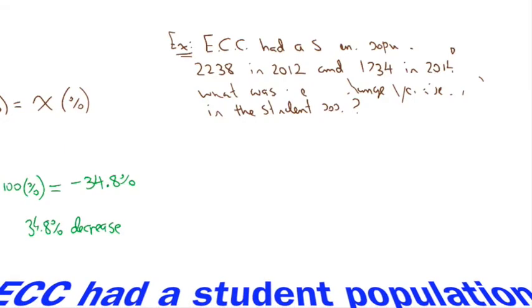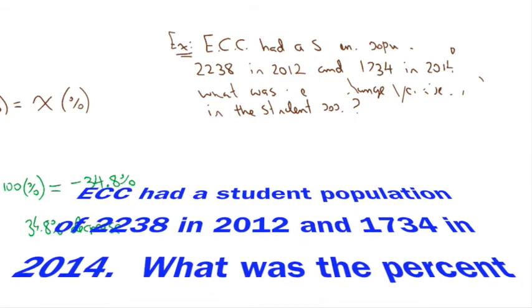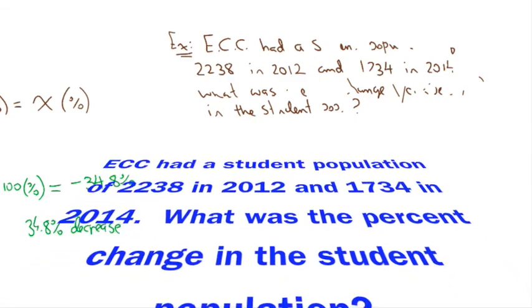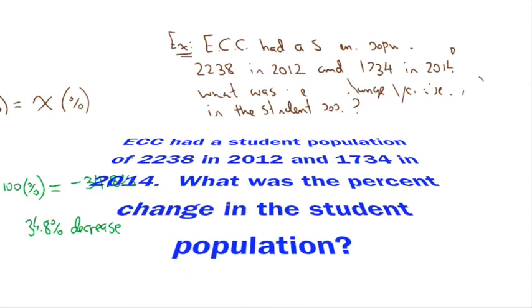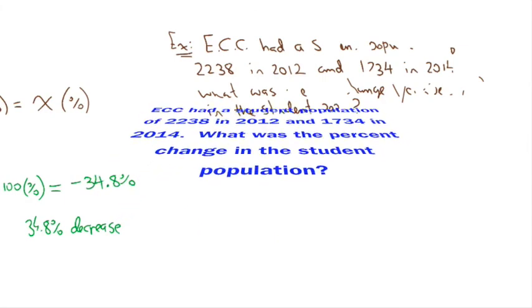ECC had a student population of 2238 in 2012 and 1734 in 2014. What was the percent change, relative change, in the student population? So when we do this by the formula,